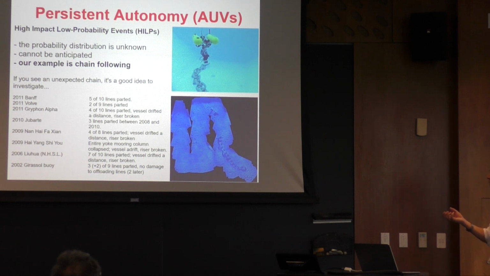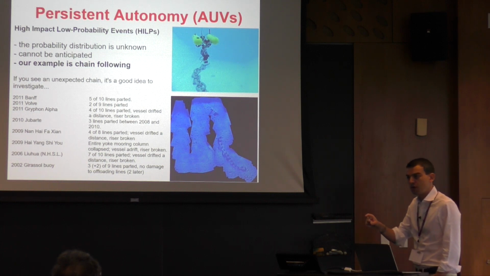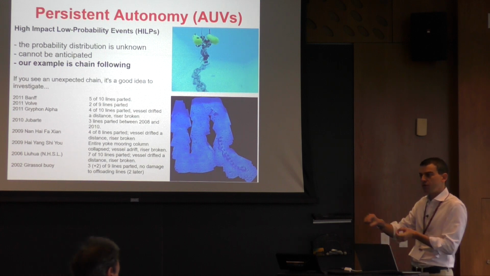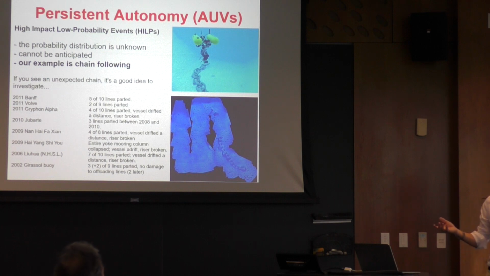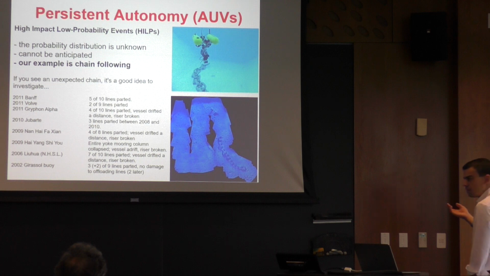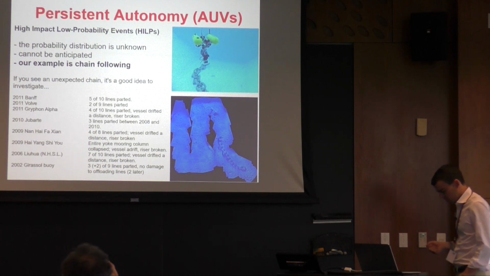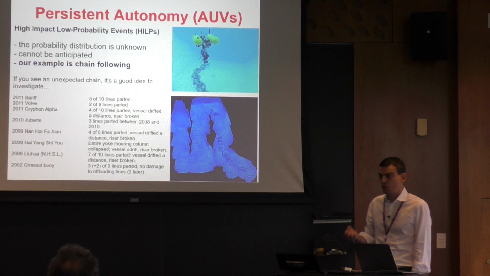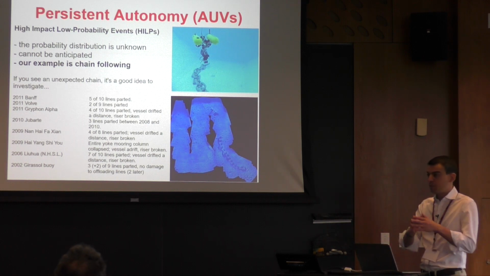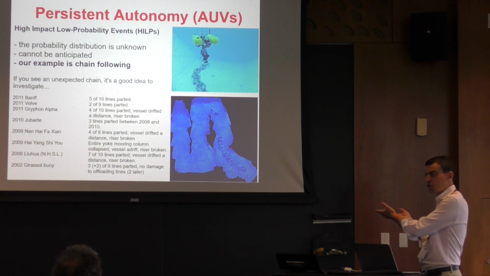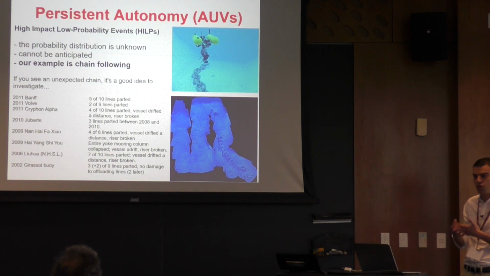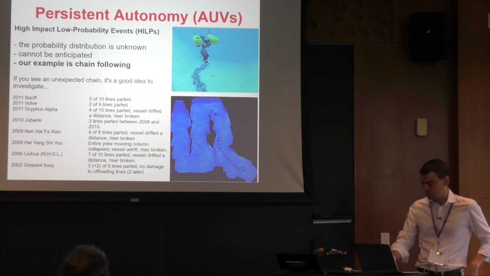So it was very important to have an AUV that, while running the mission, if it spots a chain, follows the chain to check if there is something wrong. For example, the boat is no longer connected. Okay, so they are low probability, meaning that it's not so likely to happen, but if it happens, you really need to take action and follow the chain. And this is called an opportunity because you have a plan, and the fact that you have to follow this chain is not part of your plan. It's an opportunity, meaning that you don't know it in advance. You discover this opportunity and you want to follow it.